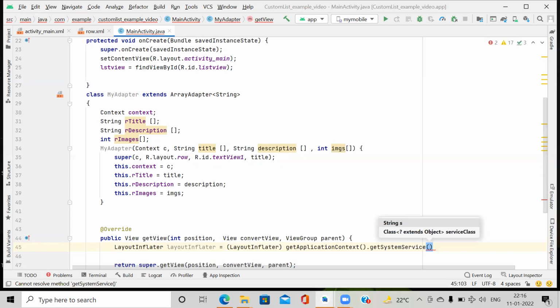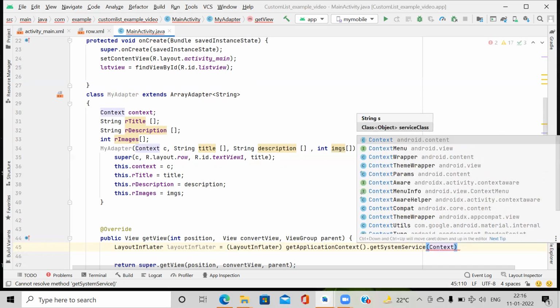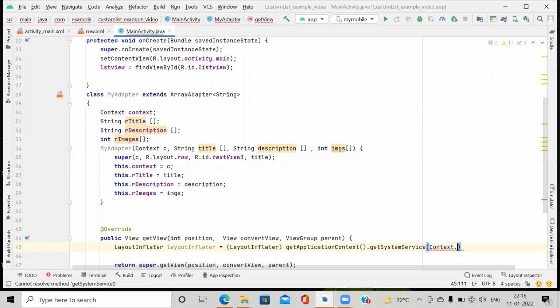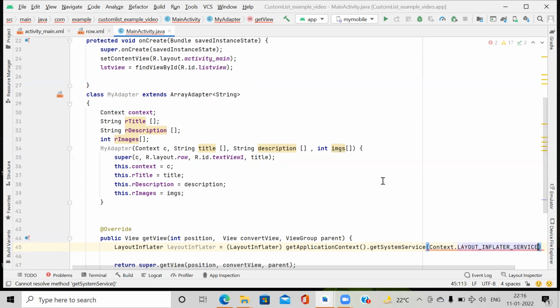In brackets, context.LAYOUT_INFLATER_SERVICE. Yes. After that, we use the same code. Then we create the object of LayoutInflater.